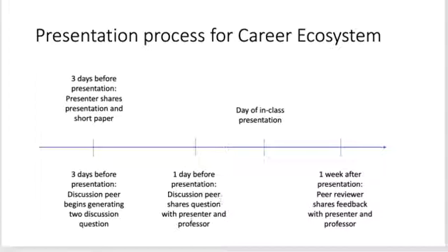A day before the presentation, the discussion peer can actually share the questions. You could do it sooner if you want, that's awesome, but certainly give them 24 hours beforehand so that they have a way of incorporating your question into their presentation, or at least being able to address it or be ready for that question as it comes up. Then you give your presentation on the career ecosystem, and then 1 week after the presentation, a